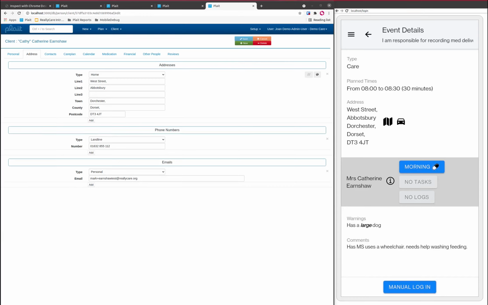In this video we're going to talk about how Plait makes use of location. The left hand 70% of the screen is the Plait back office system running on a desktop browser, and the right hand 30% of the screen is the mobile system also running on a desktop browser, faking how it will look on a mobile. So let's turn our attention first of all to what happens when you enter a client